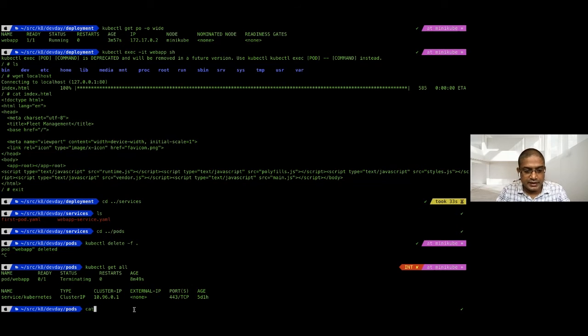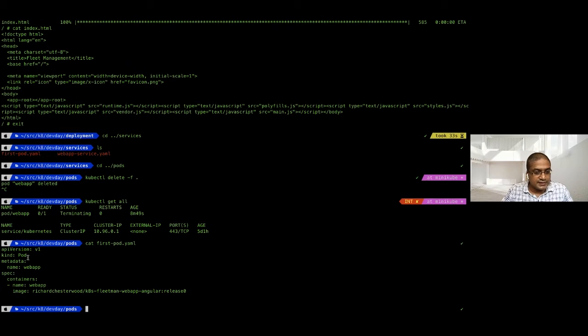Let me explain what I have defined in this YAML file here. It is more or less the same as the pod that I defined earlier. This is an Angular application, and I'm trying to execute the release version 0 in here.